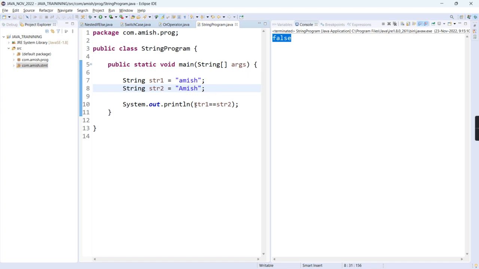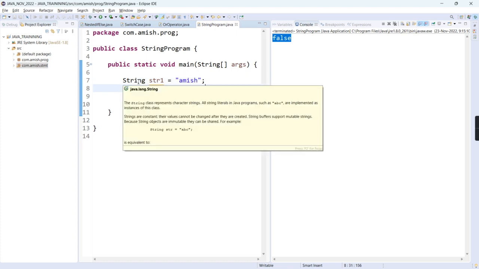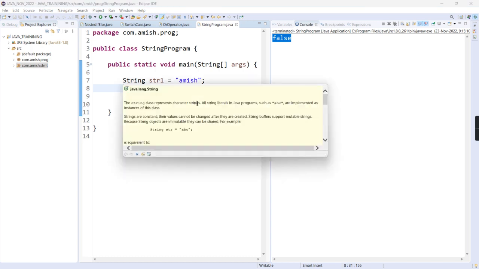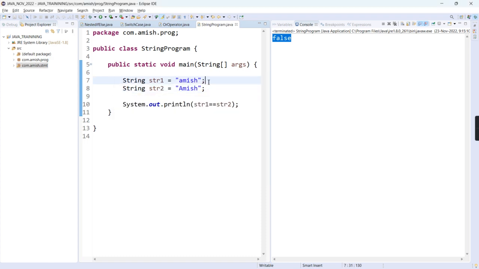So now we have seen this equal to operator, right? And we have created this str1 and str2 object, right? So what is string? String is one class. The string class represents character strings. All string literals in Java programs are implemented as instances of this class. So I already told you, if you have any class and you want to use that class in your class. So a string is one class, but it is a predefined Java class, and you are using that class in your side,